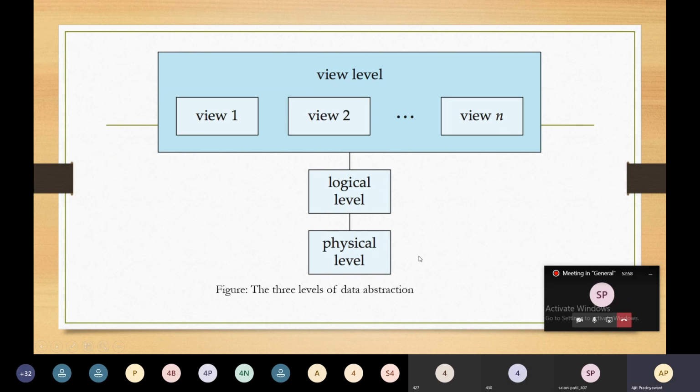The physical level decides how your data is stored. The logical level decides what data you are going to store and the relationships among the data. And the view level decides different views of the data. So these are the three levels of data abstraction.